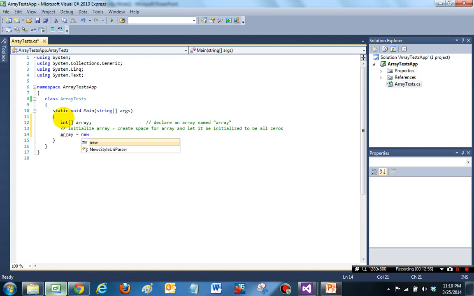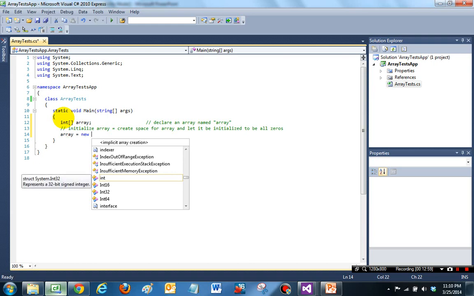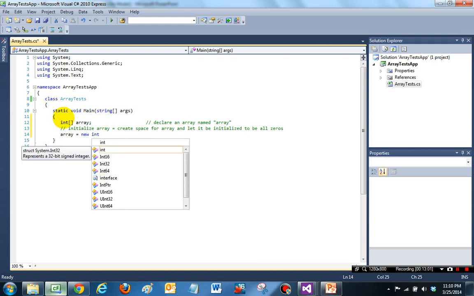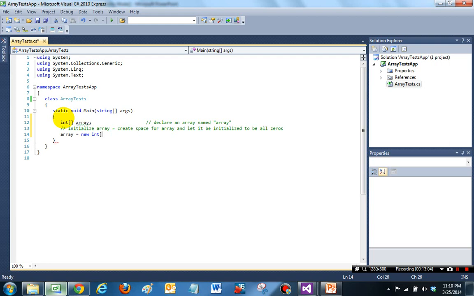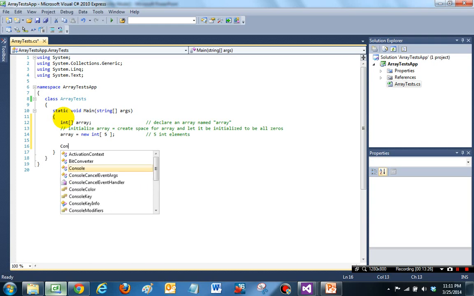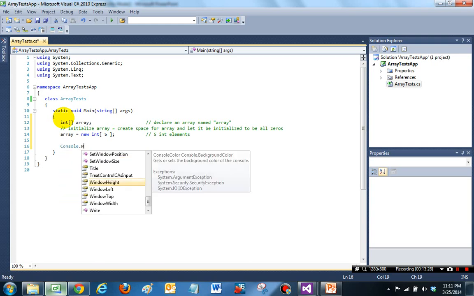and the new keyword indicates that we are creating a new object, and it will be an array of element size 5. It's not necessary to leave spaces around the length of the array, but it makes it easier to read. So this is 5 integer type elements, and then we are going to print out our title line, so it will be console write